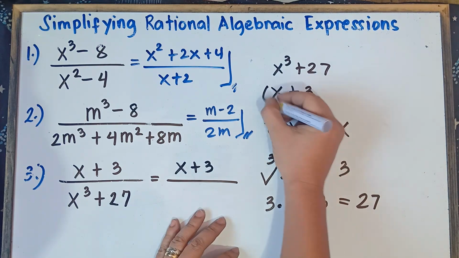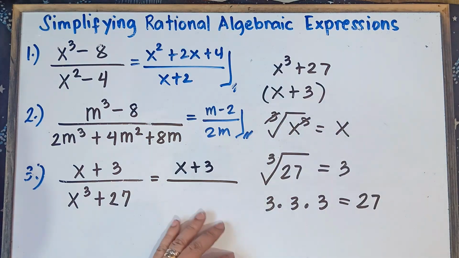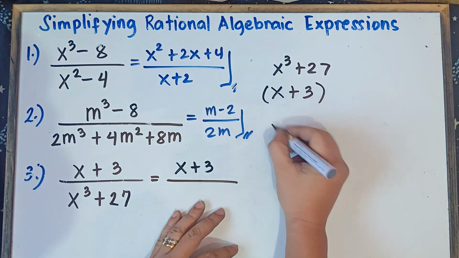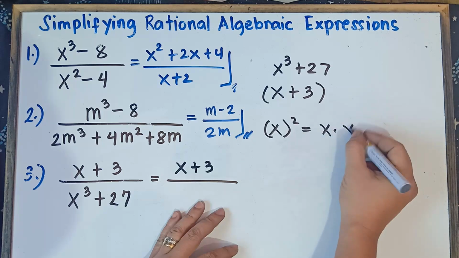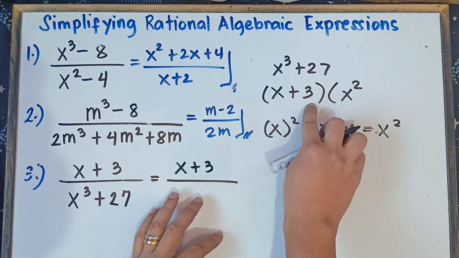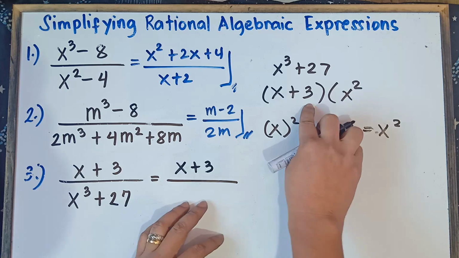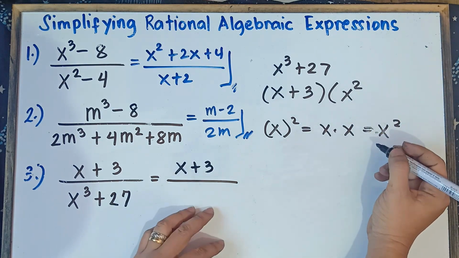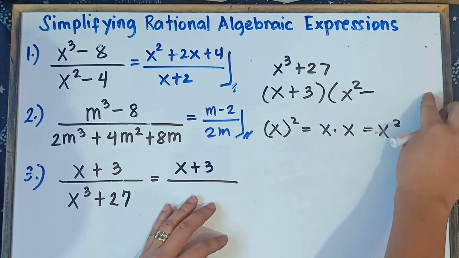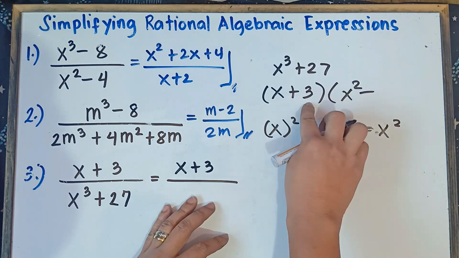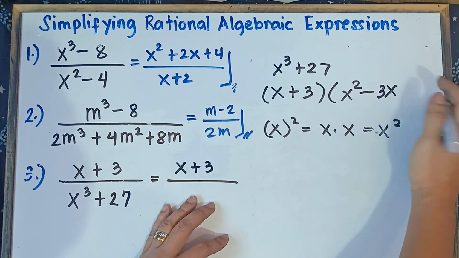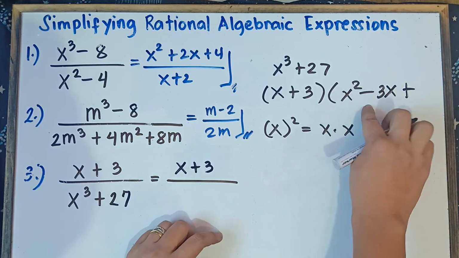Simply copy plus sign. So this will be our guide to get the second factor. So our second factor, get the square of the first term, x times x. So square of the first term, x times x, that would be equal to x squared. And then simply multiply the first term and second term, x times 3, that would be 3x, and then your operation, class, it should be minus sign. So once again, class, your second factor, it should be positive, negative, and then positive. And then last operation, it should be plus sign.